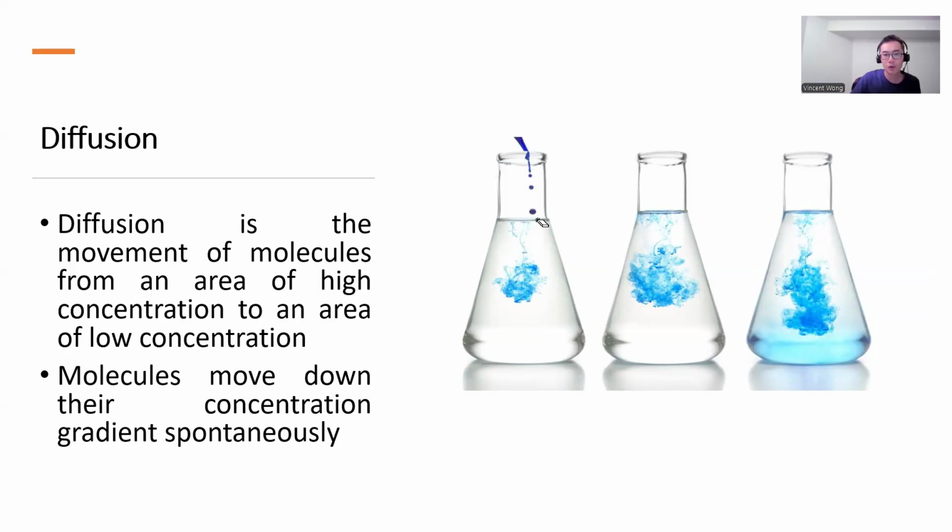For example, if you drop some dye into a flask of water, right, the dye is very concentrated here, but as time goes on, they would naturally spread out on their own. You don't even have to touch it, okay? So this is high concentration, this is low concentration, and naturally things will move from high to low concentration. Okay? Eventually, the whole thing will be blue. Okay? So this happens spontaneously. And the difference in concentration, it's called a concentration gradient. Okay, concentration gradient means a difference